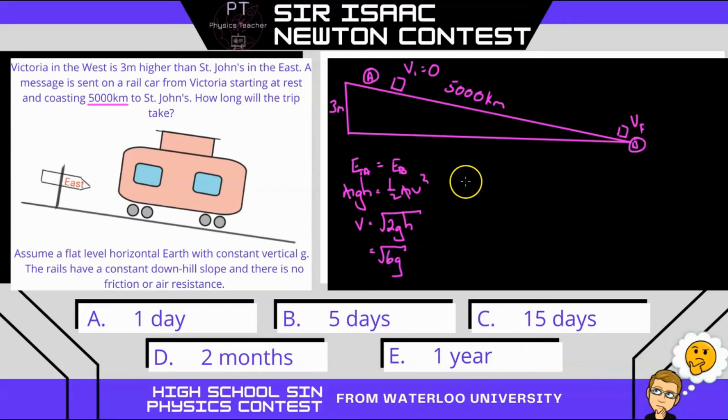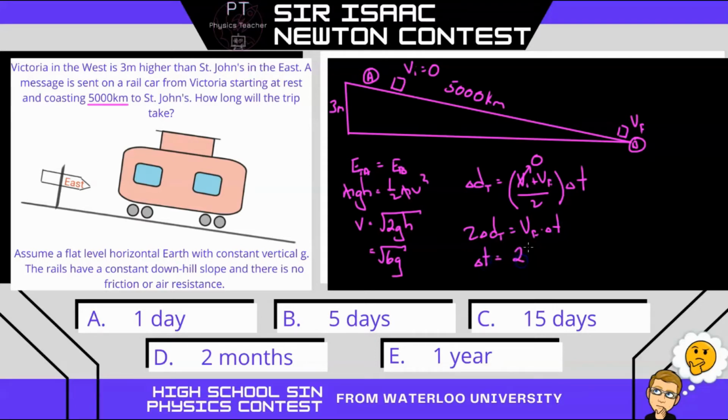And then you can solve for time using one of your equations for uniform acceleration, where displacement is the average velocity, initial plus final, divided by 2, times time. So if we do that, initial will be 0. And we can rearrange this. So multiply both sides by 2. We have 2 delta d equals final velocity times time, or divide both sides by final velocity, and we get